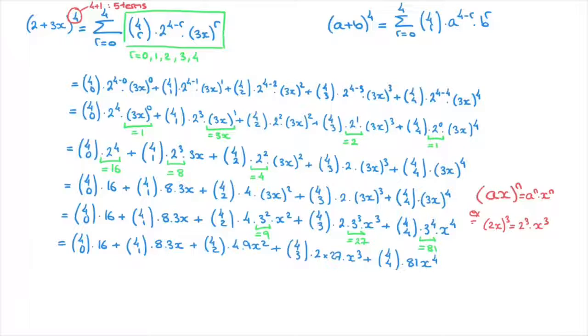And now the last step before calculating the binomial coefficients, we need to actually calculate these products here. We have 8 times 3, 4 times 9, 2 times 27. So those would be 8 times 3, which is equal to 24. We have 4 times 9, which would equal 36. And we have 2 times 27, which would equal 54. So the sum turns into